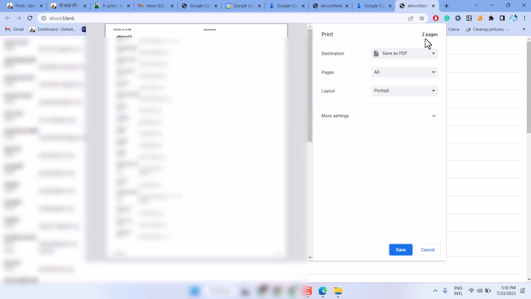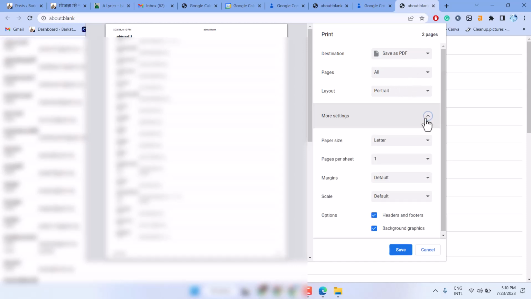Now here select your printer, pages and layout. Also here you can customize and modify settings as your need. Like you can change the paper size, pages per sheet, margins, scale and options. So you can add or remove header footers. You can add or remove background graphics by